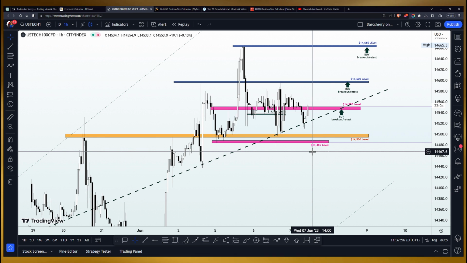So anywhere above the bullish trend line, the green thick bullish trend line on your screen, is comfortable for us to buy the USTech100, and if at any point in time this trend line is breached to the downside, then at that point we want to start considering selling the USTech100. So it's a very simple setup. There's nothing too confusing about the setup, so let's just be on standby to catch any of these opportunities while we continue to monitor price action.